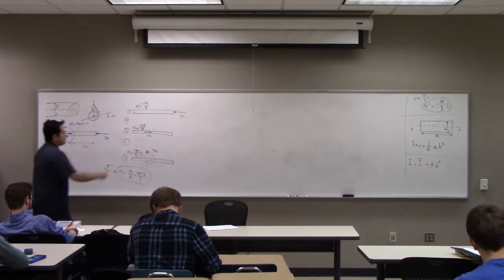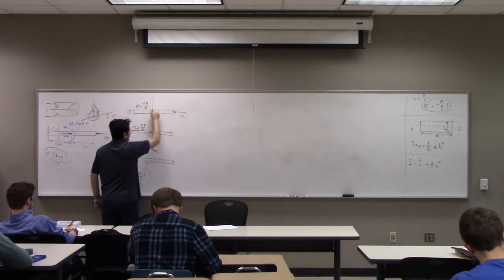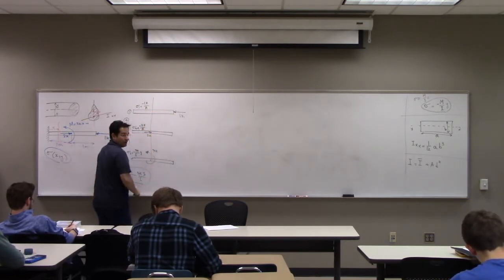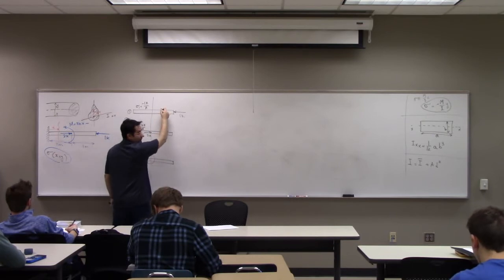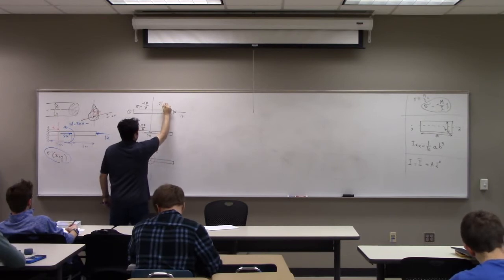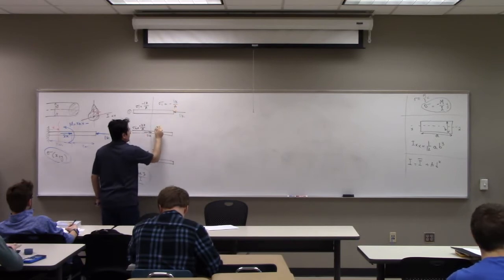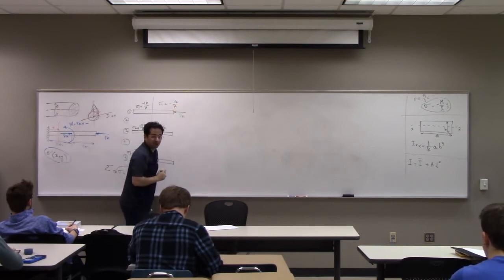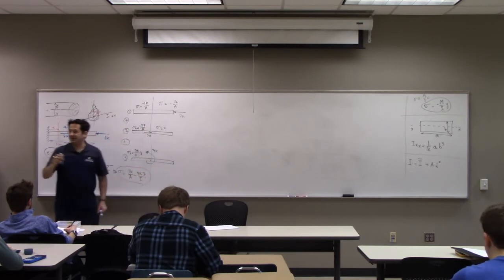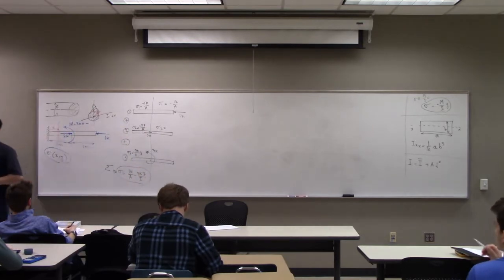So now from here to here. Now this was from 0 to 1. From 1 to 2, what do I have here? Sigma 1 is still negative 1K over A. Sigma 2 is equal to? Let me ask you. Sigma 2 is equal to? 2K over